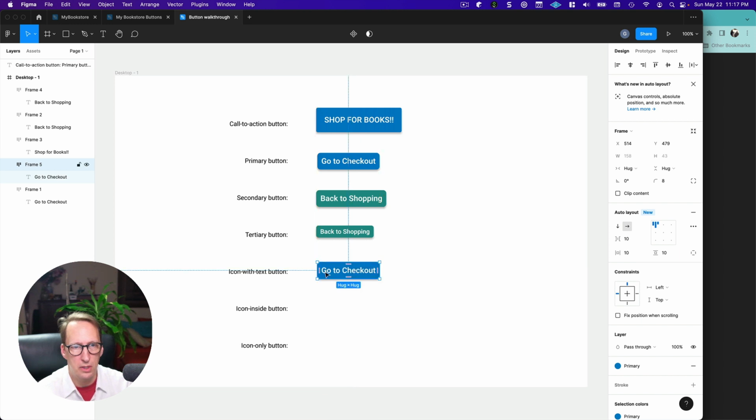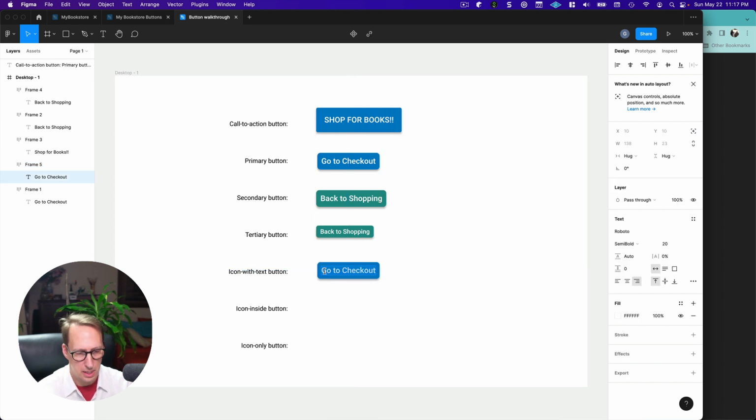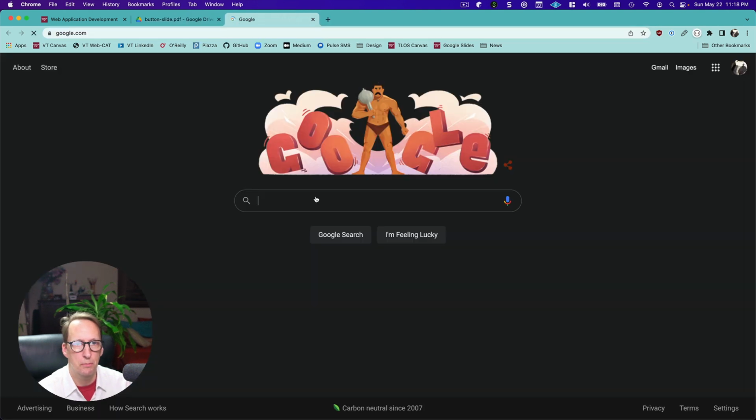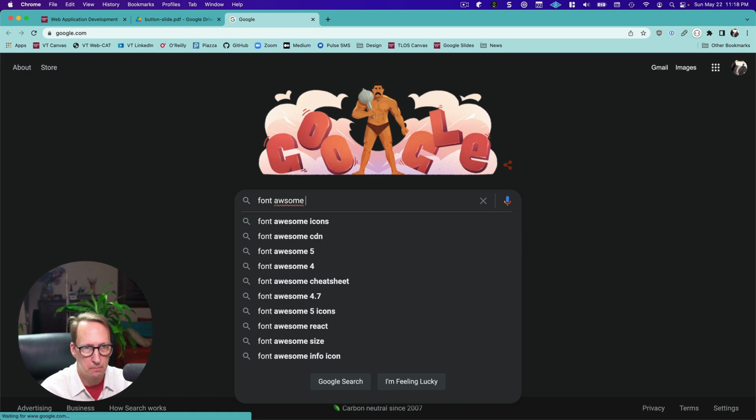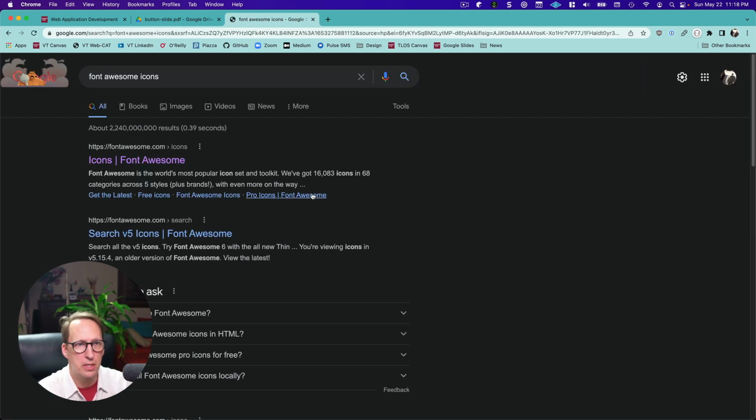And then this one will be an add to cart button, but I want to put an icon in here right where that X is. All right, and I want to put a Font Awesome icon in there. So I'm going to go to Font Awesome icons,